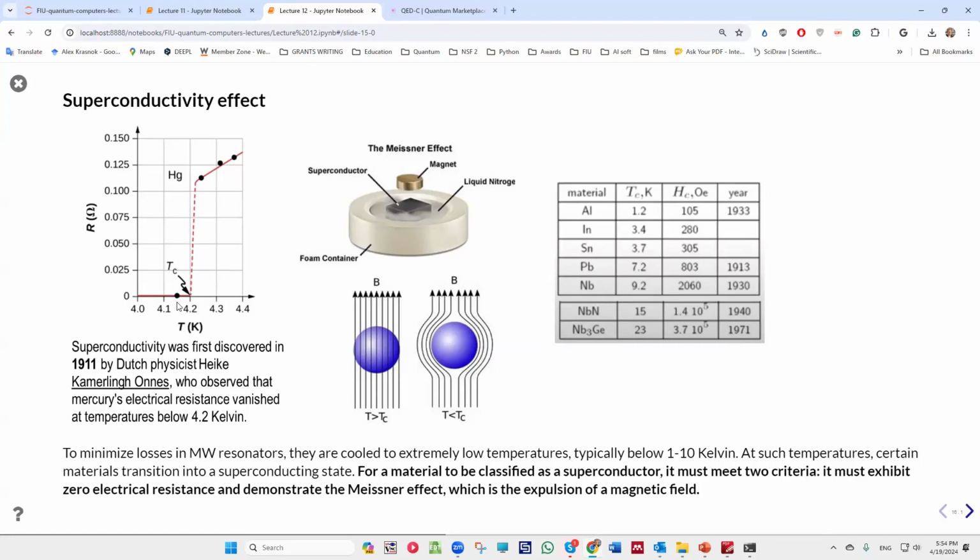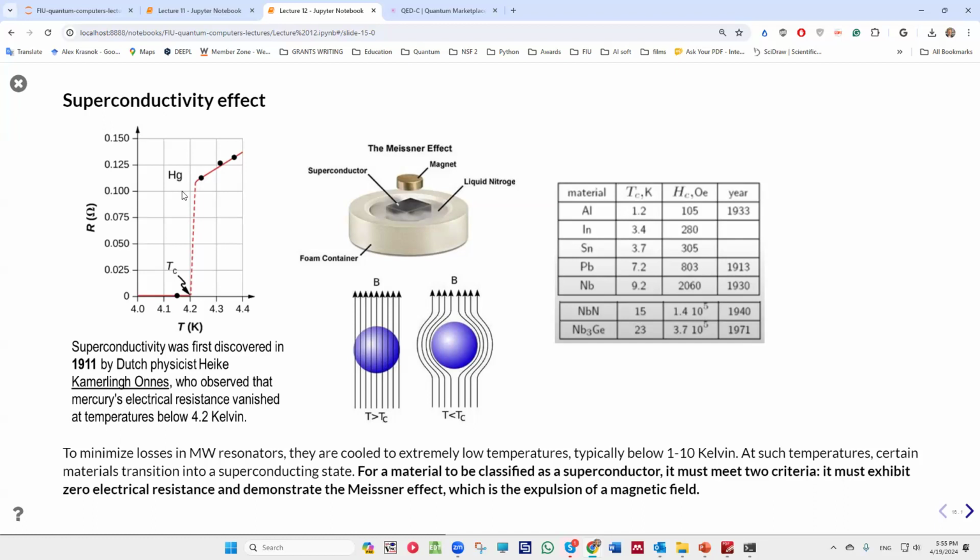Vanishes means becomes undetectable. This effect was observed by Kamerlingh Onnes, and this group was the only group who could create liquid helium for these experiments. They were monopolists, right? They didn't have any competitors in this field. And what they did, they created a loop of